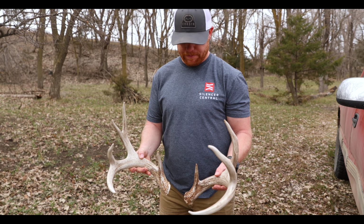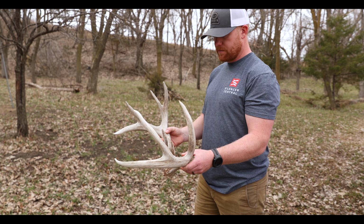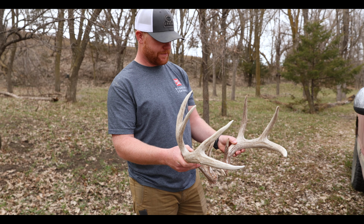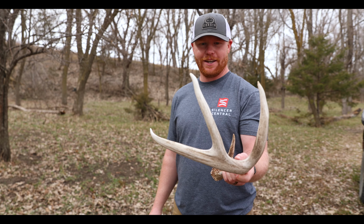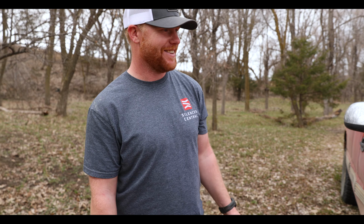Yeah, the split side that Carsen found on the old railroad track. They walk that in bed because it's thick stuff. We looked over there for an hour and a half, came over here, went straight up to where he bedded most of the fall, and it was laying right there. Told Garrett I was gonna let him find it. If I found it first, I was gonna act like I didn't find it, but as soon as I saw that, I kind of let out a little girly scream and said, there he is. So then Garrett